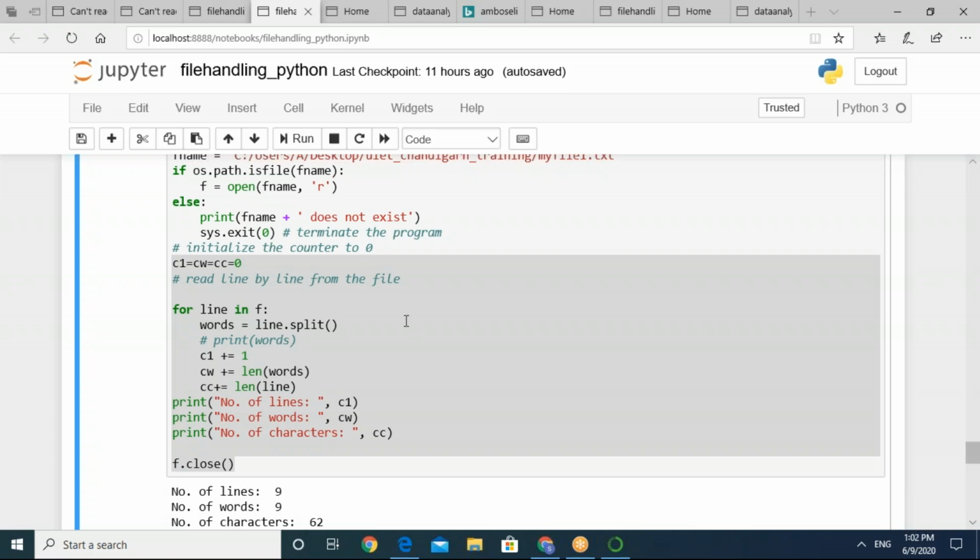तो हमने 3 काउंटर लिए हैं। वन काउंटर दैट इज C1 is for counting the number of lines. Another is CW. It is for counting the number of words, and CC for counting the characters. तो ये प्रोसेस आपका कब तक चलेगा, जब तक कोई भी आपकी फाइल में लाइन है जो न्यूली रीड हो रही है। तो जब तक आपकी फाइल रीड होती जाएगी ये सारे काउंटर अपडेट होते जाएंगे। फाइन, तो जब तक लूप चलेगा ये काउंटर अपडेट होते जाएंगे, and after the loop we have just displayed the counters.